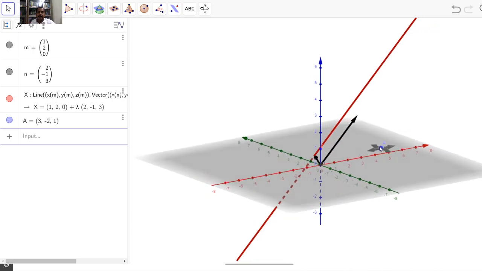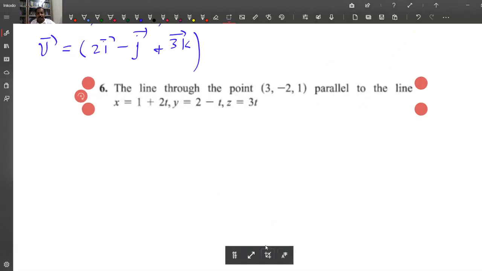Passing through the point A and parallel to this line. So this vector, that is actually the vector parallel to this line, will be parallel to the line through A. So that is the idea behind our derivation or solving the problem. Okay, so we consider